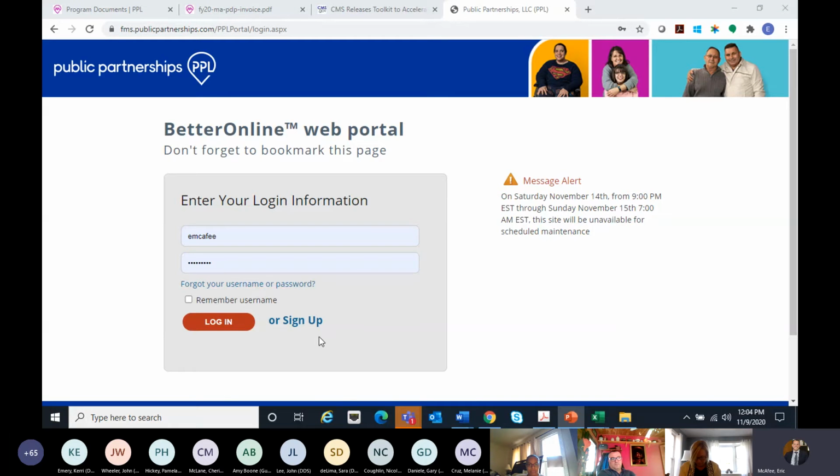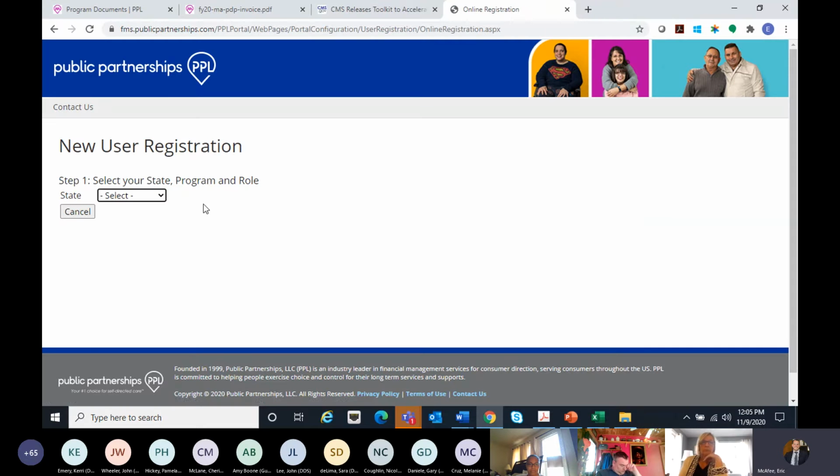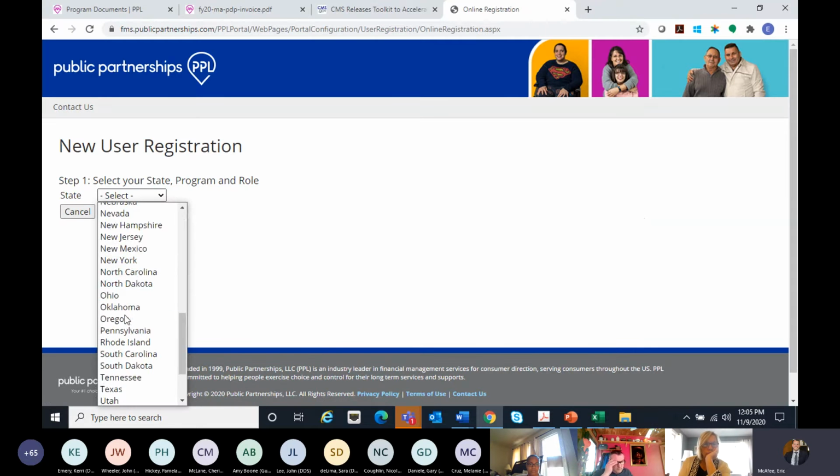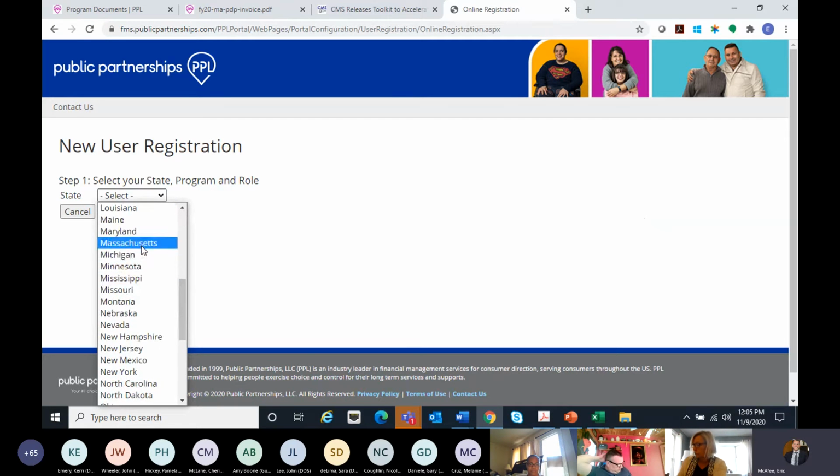The same way that you set up a username and password for yourselves as brokers, you're going to do for participants and providers. Participants and providers each need their own unique ID that is correlated with their specific participant profile for participants and provider profiles for providers. So again, I'm not going to spend much time on this, but sign up, select Massachusetts,